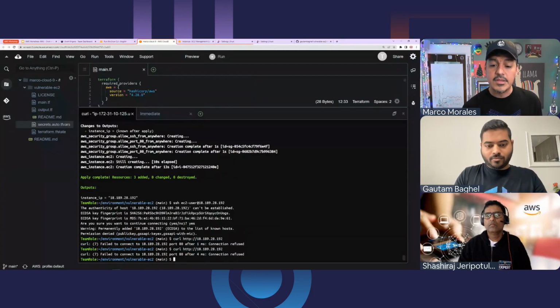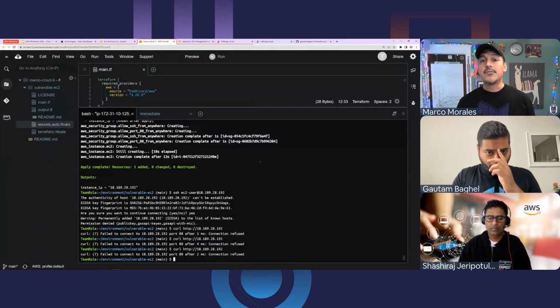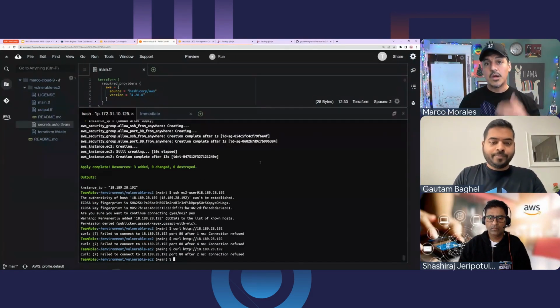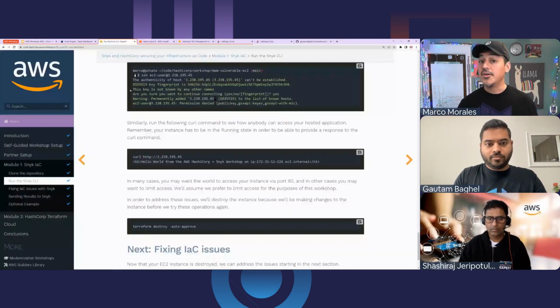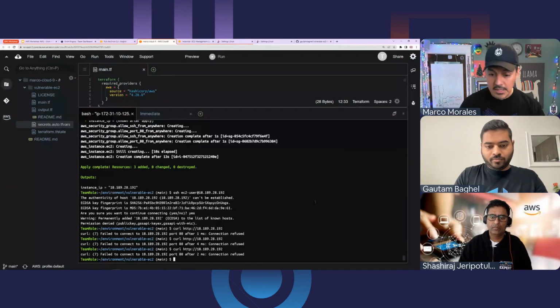The narrative around this one is this is something you may not want to happen if you're trying to create an instance and you want the service available. So the rest of the workshop is going to be, well, what do you do to limit some of the things? Notice that if we were to go to our Snyk CLI output, we're going to see evidence that we flagged that kind of information.